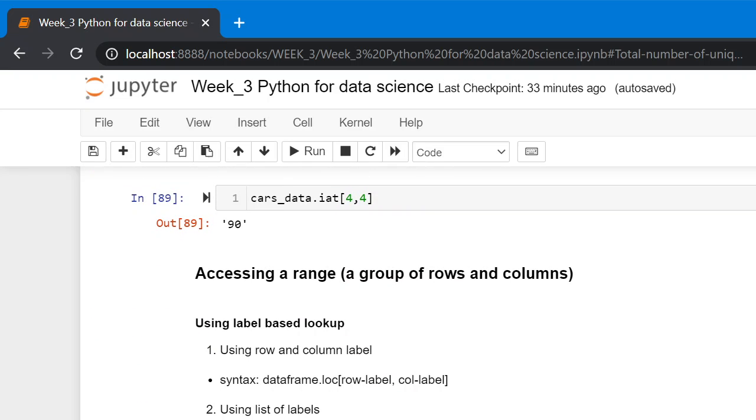Accessing a range or group of rows or columns using label based lookup.